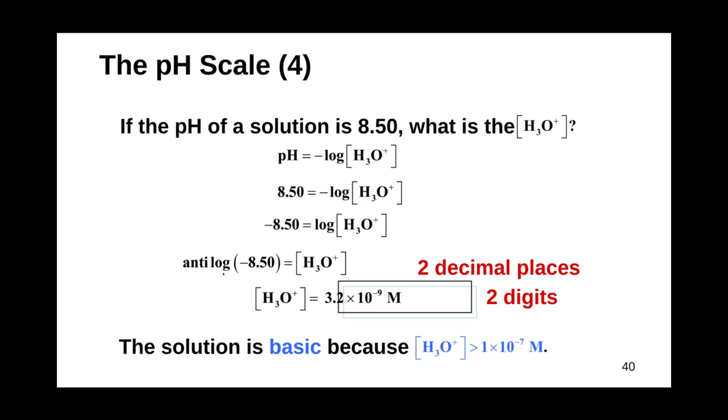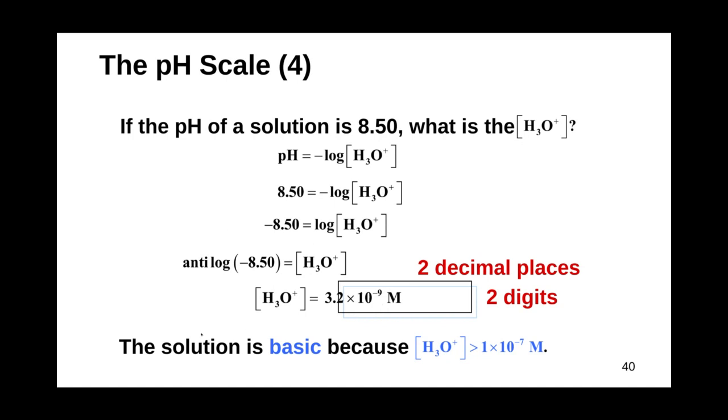In this case, we take a negative of both sides. So we went from the negative log, now we're at minus 8.5 equals the log of hydronium. Then we take the anti-log of both sides, giving us the concentration of hydronium and the anti-log of minus 8.5, which gives us 3.2 times 10 to the minus 9 molar concentration